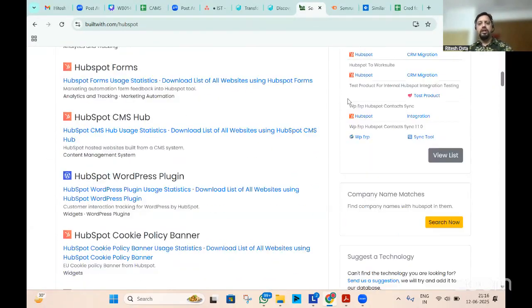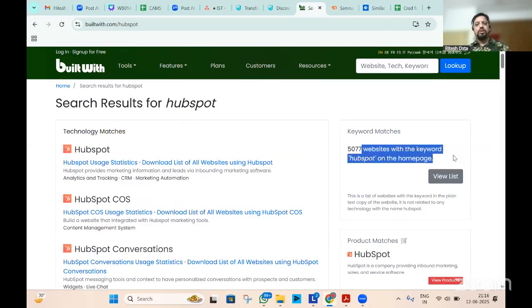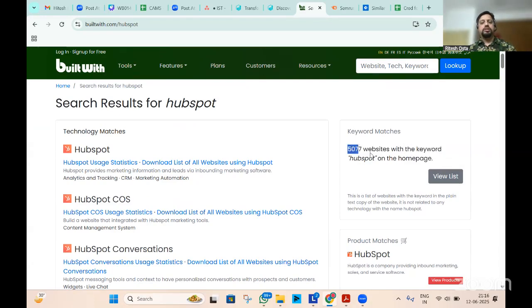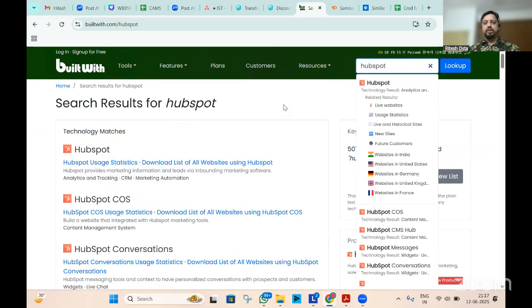I'm not logged in, so this is a keyword match here. Typically you will need the tech stack match. All you have to do is just create an account. It is not free, obviously. But you will get a list, right?